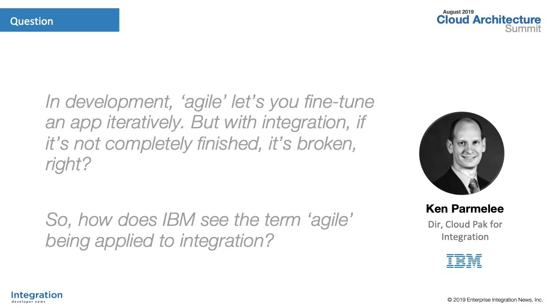Fantastic. Just to take a step up in our level of conversation, Agile is such a key word in your presentation, Ken. Let's distinguish Agile from software application, which to many means an incremental or iterative road to improvement, and Agile integration, which for many folks might mean that if integration's in process, it basically means it's broken. It's not really working. In IBM's view, how do you see the theme of Agile being applied to integration?